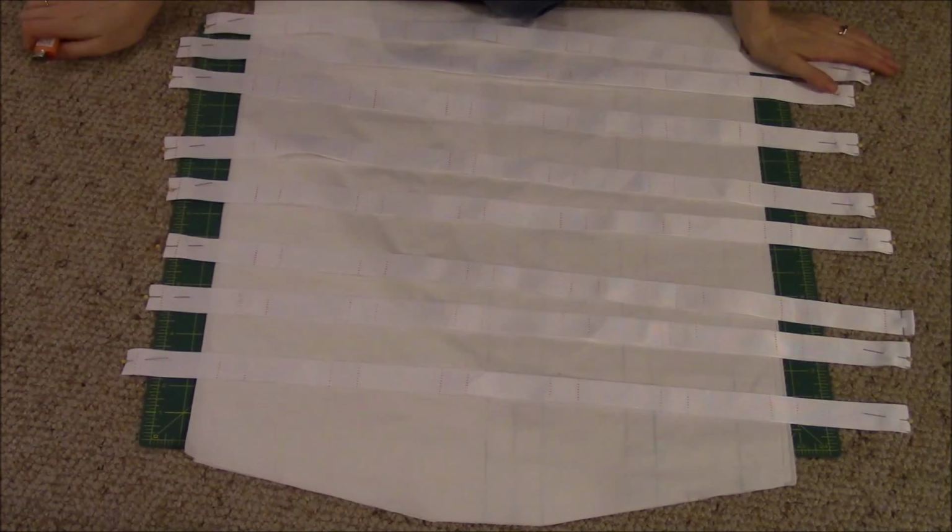So there it all is. So that's it for part 2. You got to see all the cutting and marking for the pieces. In part 3, we're going to start working on the construction. I think part 3 is going to be getting the bag portion put together, and then I'm thinking that the hoop supports and hoop casing are going to be part 4. We'll see how everything fits into the